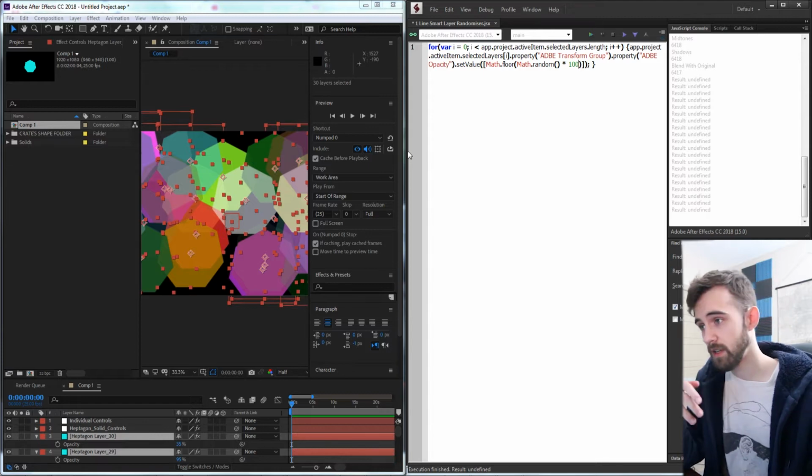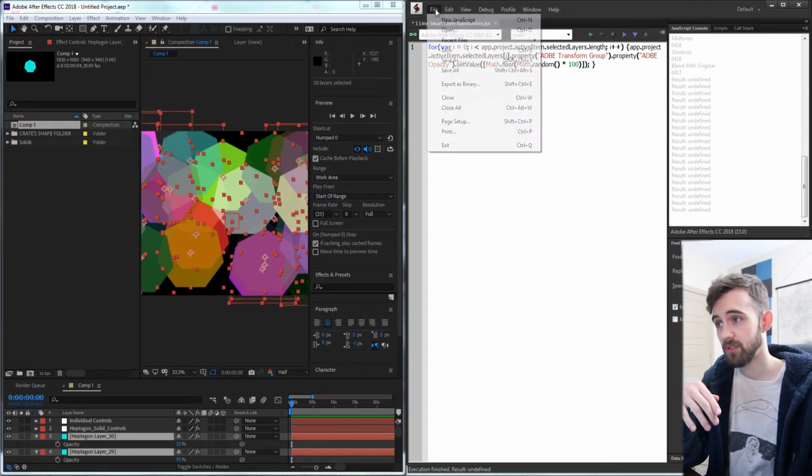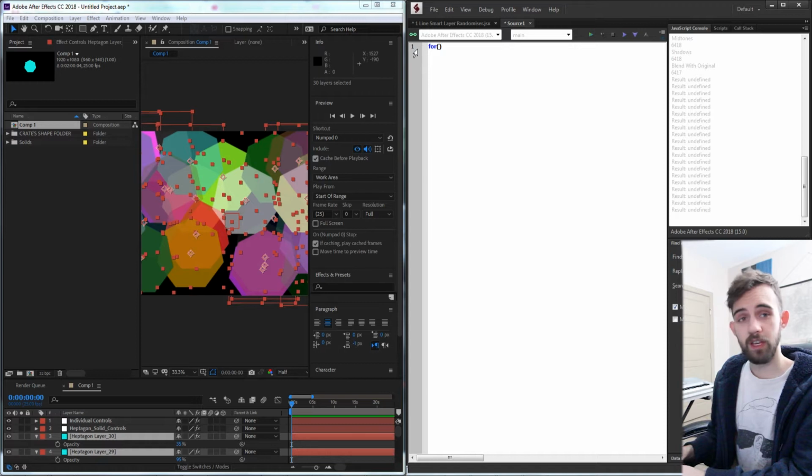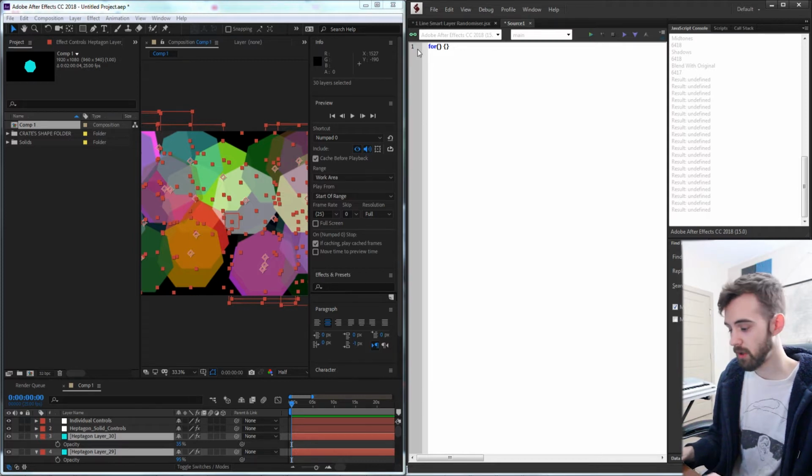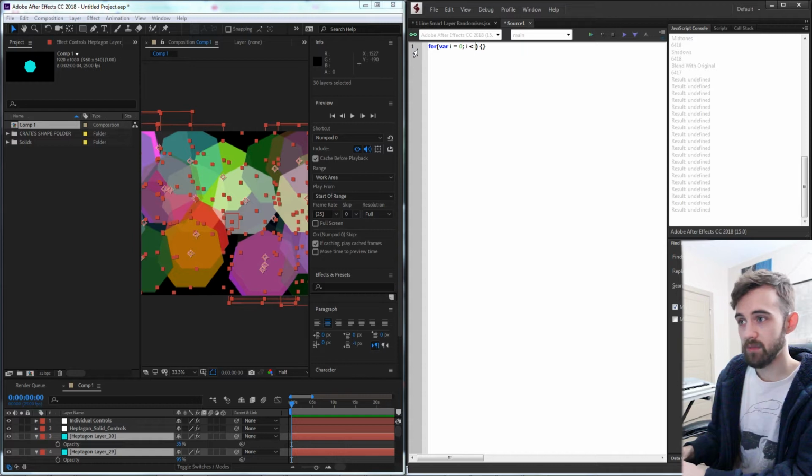So let's just dive right in and write this from scratch and figure out how we can do this. So we're going to enclose everything in a for loop. So we're just going to write a for loop and no semicolon to end it. This is going to be our entire enclosure of the code. And we're going to start with a var i is equal to 0. And i is going to be less than our